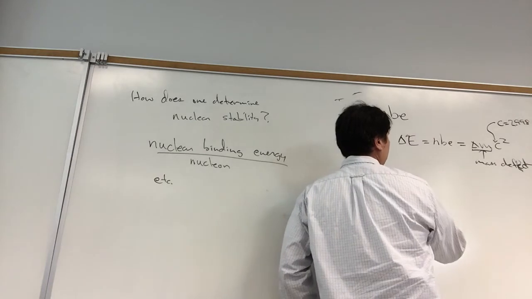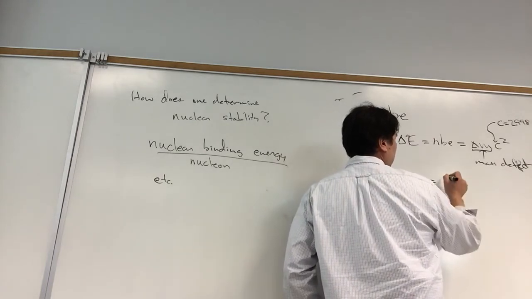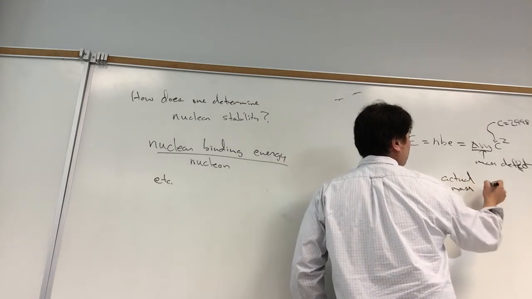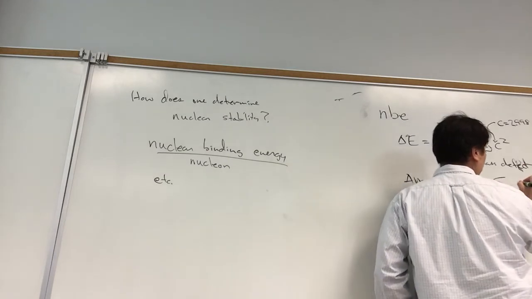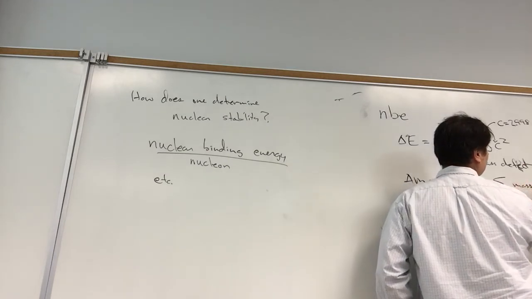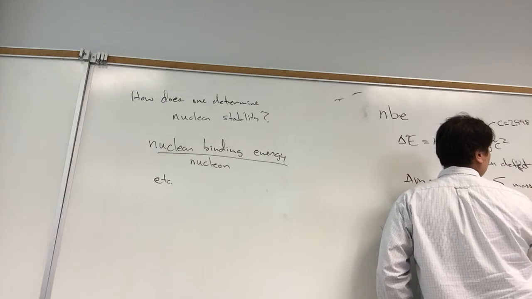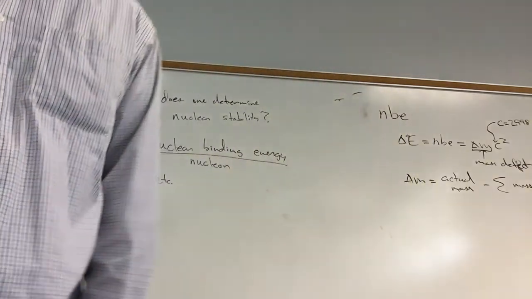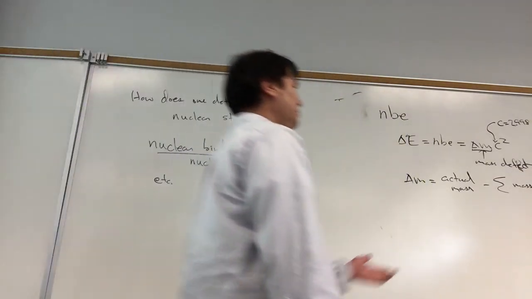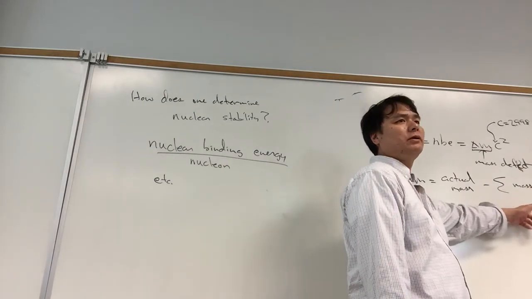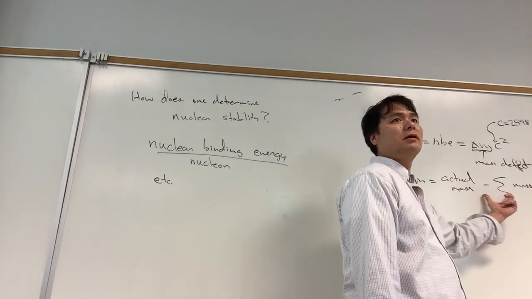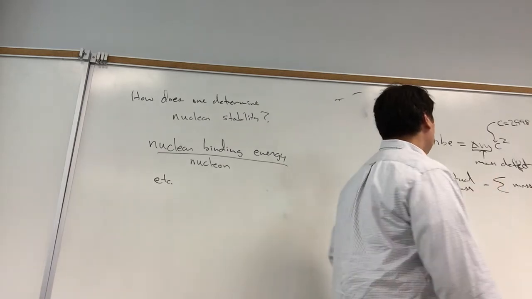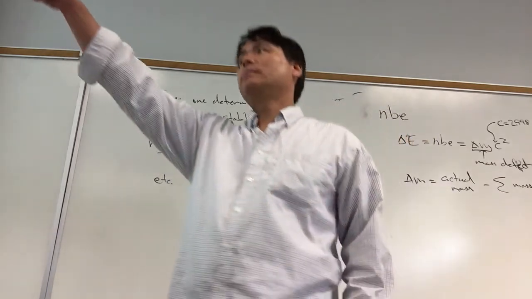Delta M is equal to the actual mass minus the sum of the masses of the proton, neutron, and electron. And so the actual mass might be 18.9. The sum of the masses is 19 point something, and then the difference would be how much mass was converted into energy. Well, when we do this, typically when we look at the mass of individual